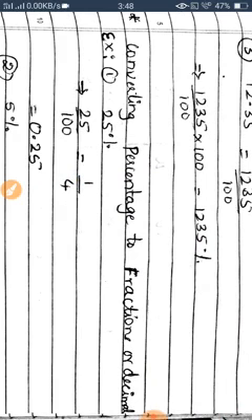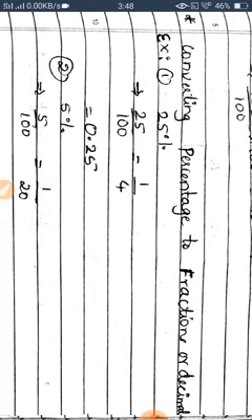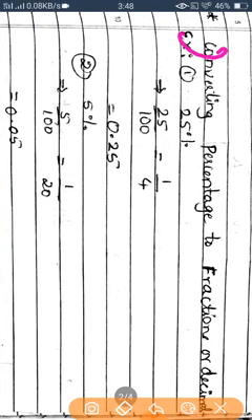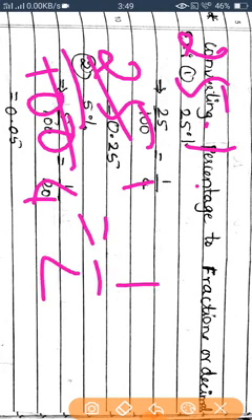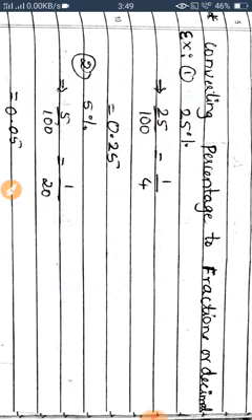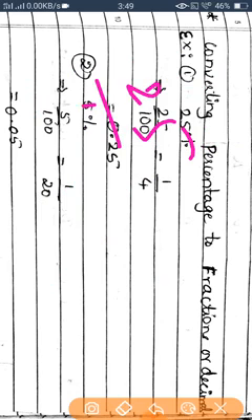You can observe. Converting percentage to fractions. Same. See, if 25% is there, this is nothing but 25 by 100. Out of 100, 25 is the meaning. Percentage itself is out of 100, 25. So simplify: 25 ones are 25, 25 fours are 100. So the fraction is 1 by 4. That's all. Or if you want the decimal, directly you can write 25 by 100, 0.25.